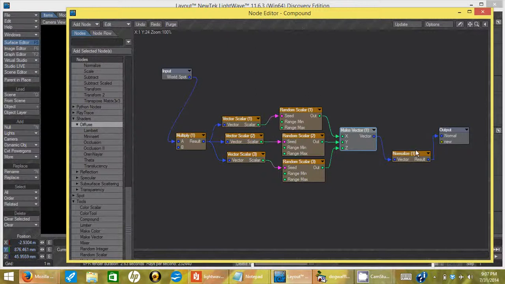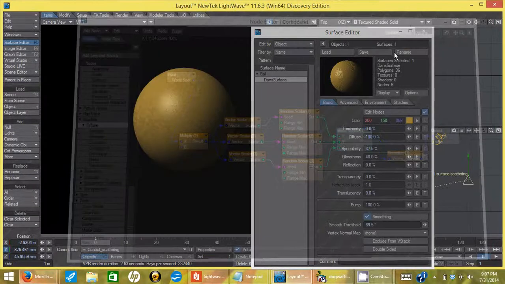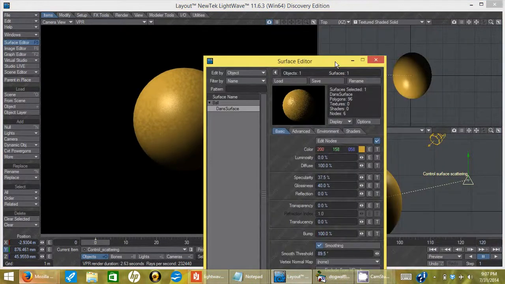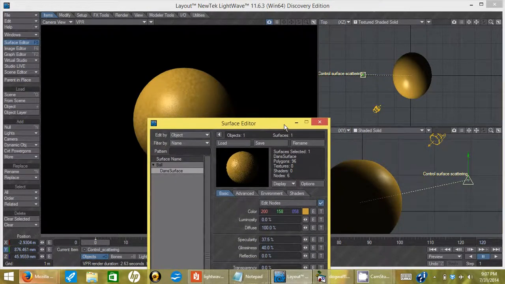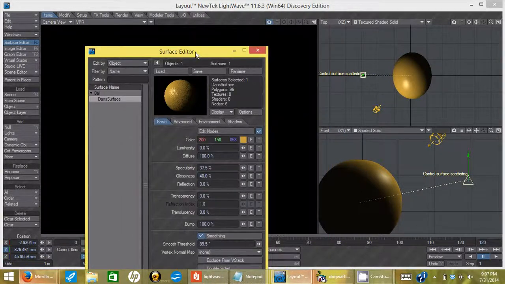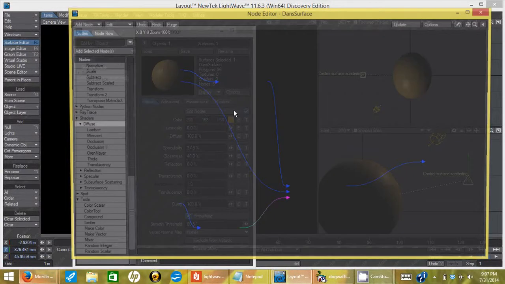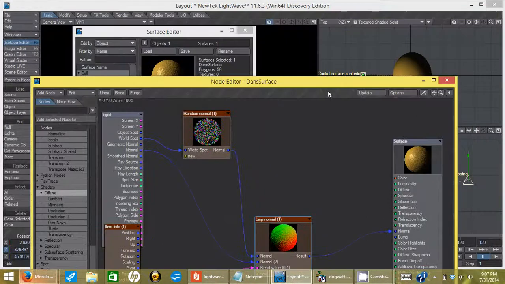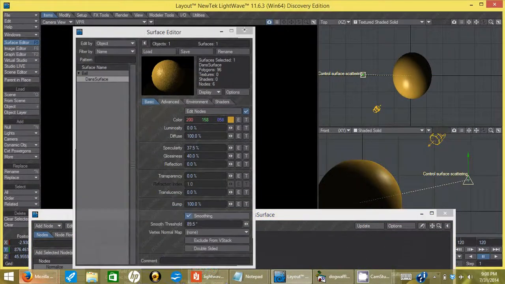So now we have a new normal, which is basically a random direction in space, and it's basically a normal that would be pointing in any direction, not necessarily any relationship to the actual geometry. So that by itself might be kind of chaotic looking, which is why we put that lerp, linear interpolate, between two different normals. It interpolates between this random one we made and the original. That way, we are able to blend between a completely random normal